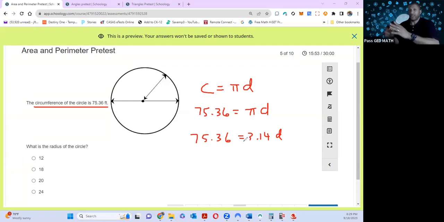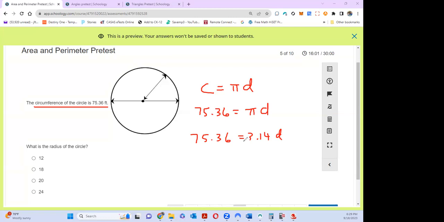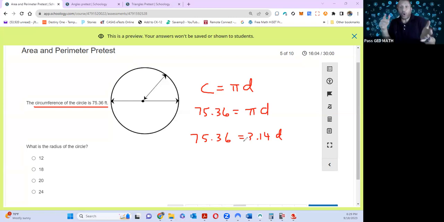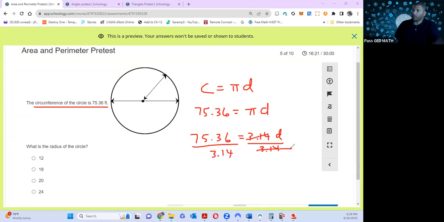Division. That's it. So first of all, you're going to have to make sure you know how to do one-step and two-step equations, how to solve for any variable, because all area, perimeter, volume is algebra. That's all it is. When you assign a letter for a value, that's algebra. It's an unknown. So we're going to divide by 3.14. Whatever we do to one side, we do on the other. The 3.14 is canceled. We get D is equal to